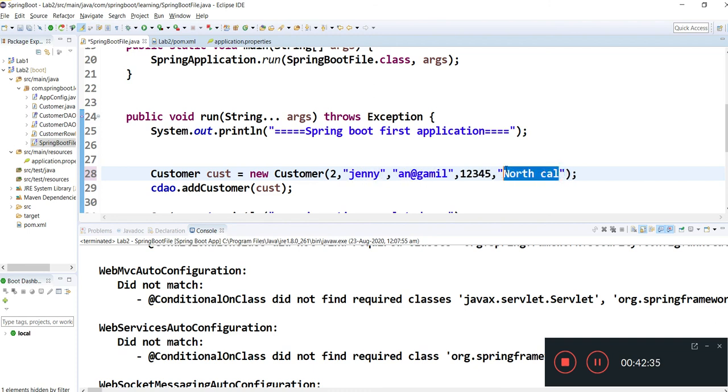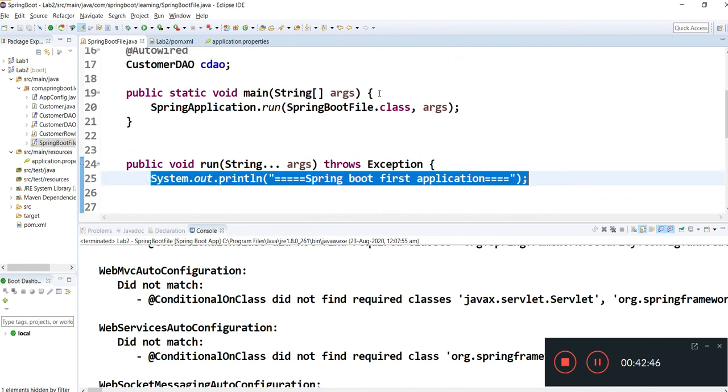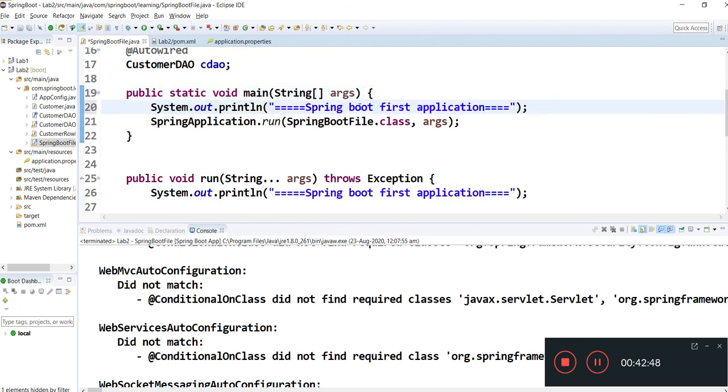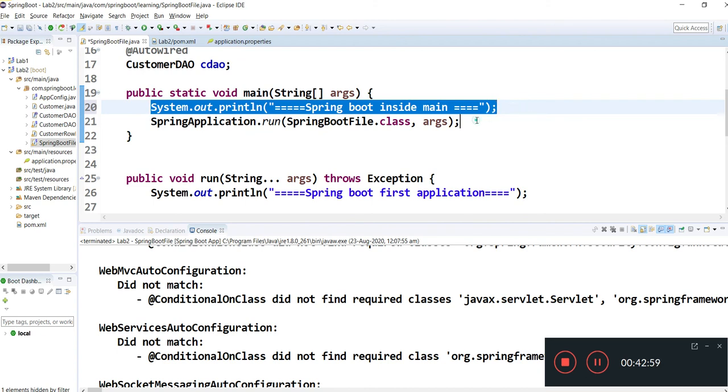I will mention some SOPs over here: Spring Boot inside main, and inside main ends, main started.